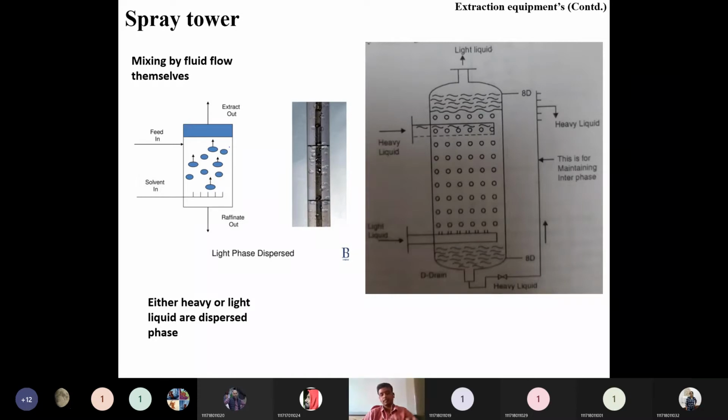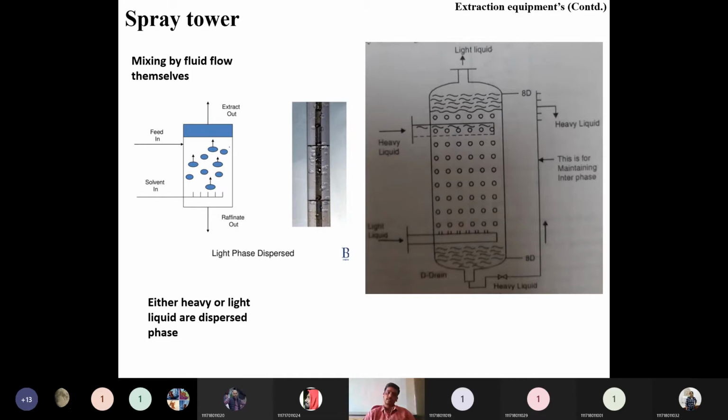Now what is this dispersed phase and what is this continuous phase? If you can see this figure, the liquid which is there continuously, this is the liquid which is continuous, and the small bubbles you encounter in it, that is called the dispersed phase. The liquid that occupies the whole column is called the continuous phase, and the liquid in small droplets or bubbles is called the dispersed phase. Now our target is to incorporate this dispersed phase into the continuous phase. So how to do this?